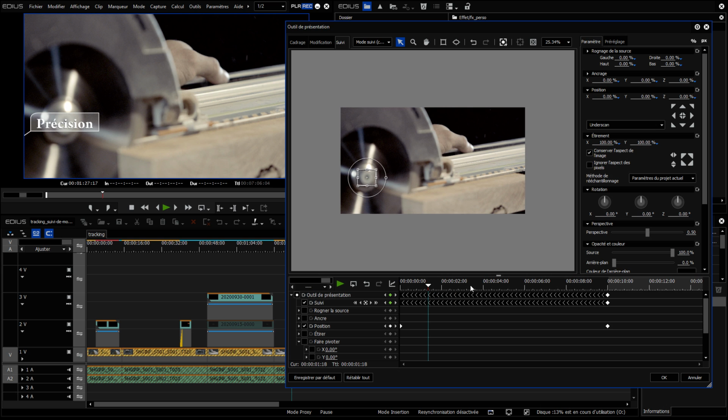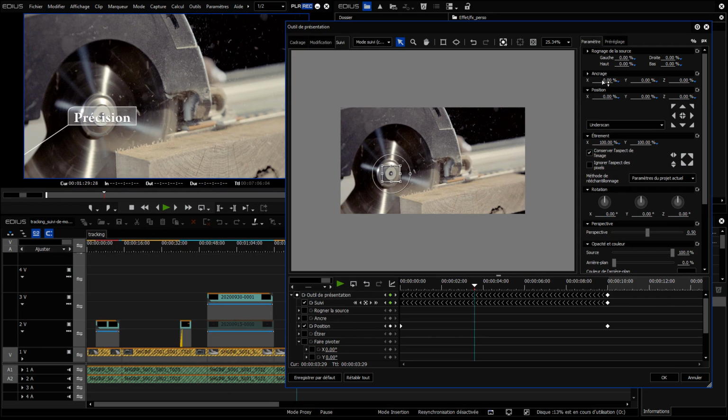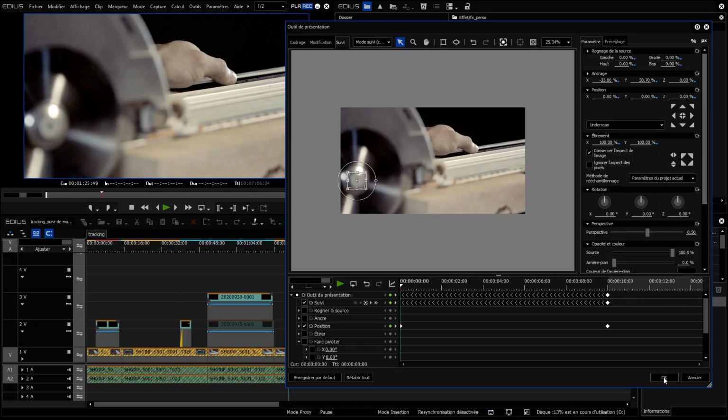but we don't necessarily want the title to be placed right in the center. So I'm simply going to modify the position of the anchor of my title. I do this by repositioning the anchor on the X and Y scale. So I adjust its position. I chose the axis as center, but it could have been something else. For this example, we're done.